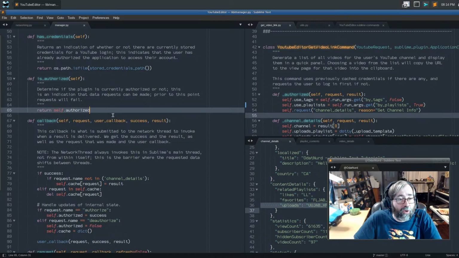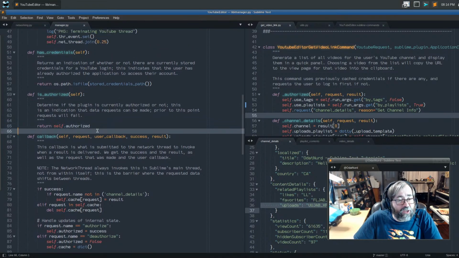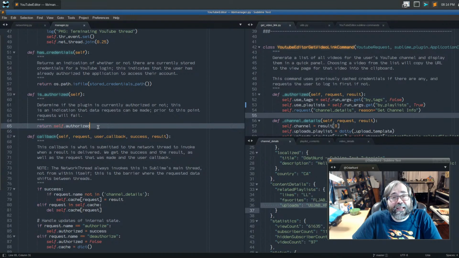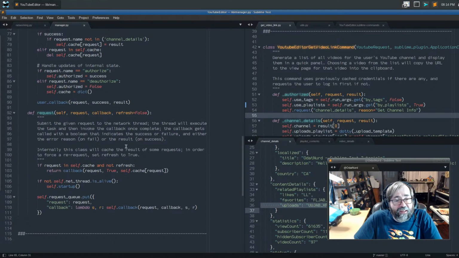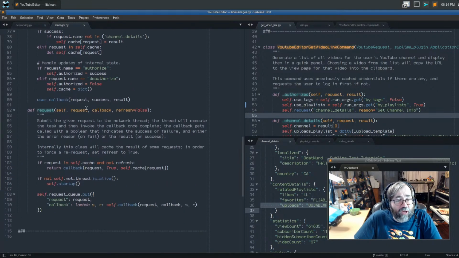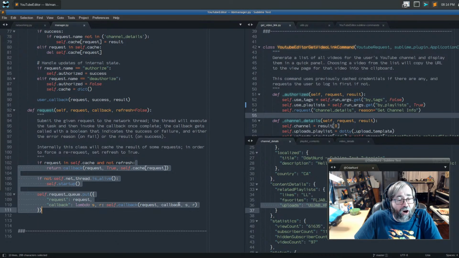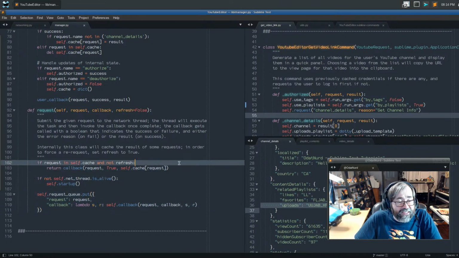So over here in the manager, that's what authorized is. It asks, have we already done the step of making sure we can make a request? Because if not, then you need to ask the network code to set that object up. Otherwise, we can make requests, right? And then this is why this is so very simple. You create a request object and call into this, and it does the work of calling in if this thing is cached. Now, how this used to work, and we're sort of moving this around a little bit, is that